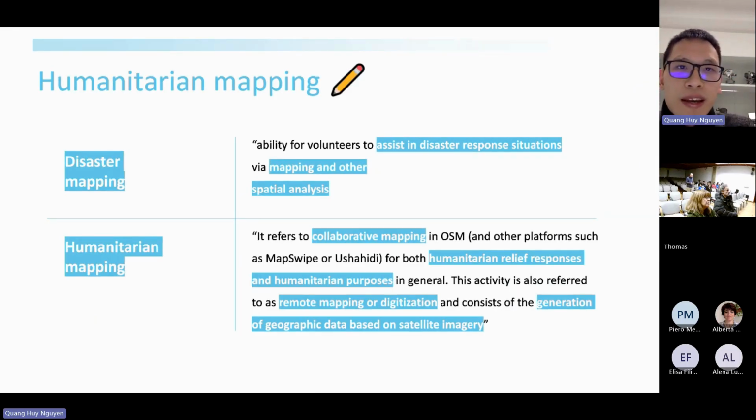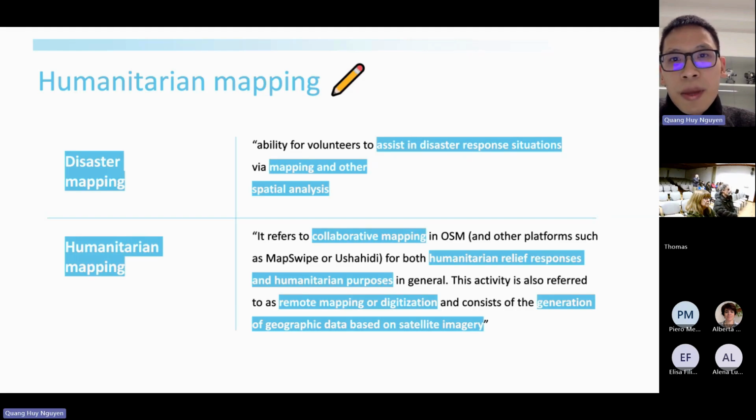Before coming to humanitarian mapping, we should understand what disaster mapping is. This term has existed and is still used, but it was used more before 2010.